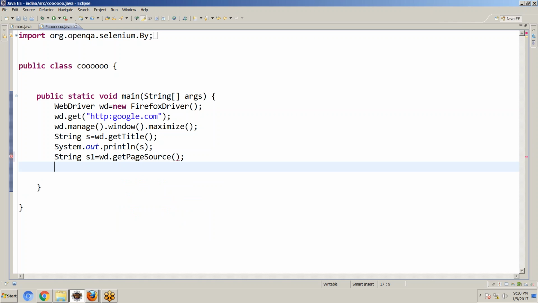Developers wrote some code. What is that code? I want to get it. S1, control space. Save, click on run.